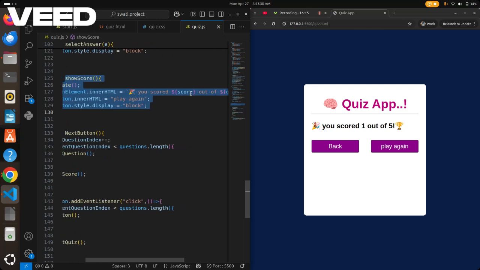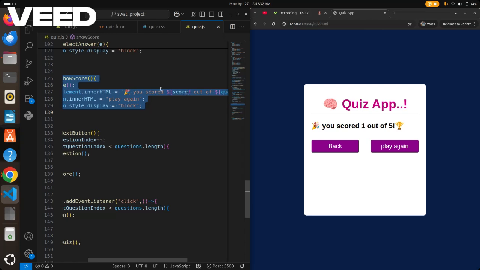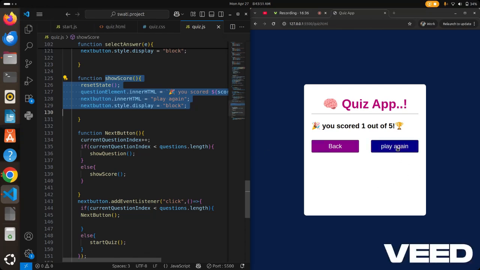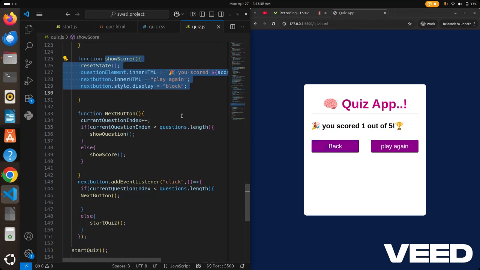I use template literals for that. It is the dollar sign with curly braces. It is called interpolation, means using dollar sign with curly braces we can store the variable in that. Also I make two buttons. First is back, second is play again. If we click on that, we can play from the starting. If we go back, it will go to the front page of this quiz.